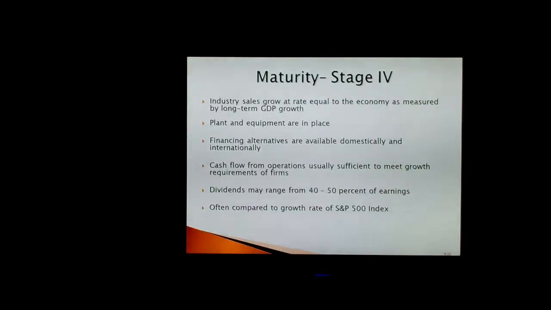Maturity stage, 4. Industry sales grow at a rate equal to the economy as measured by long-term GDP. Plant and equipment are in place. Financing alternatives are available. You have great credit, you're in the mature stage, and it's easy for you to get capital from multiple sources. CFO, or cash flow from operations, is usually sufficient to meet growth requirements, so you have cash on hand, you can buy things, you don't have to get loans. Dividends may range from 40 to 50% of earnings, so half of your net earnings you're paying out to shareholders. Why? Because you don't have anywhere better to put it besides in your shareholders' hands. And now, since your dividends are so high,